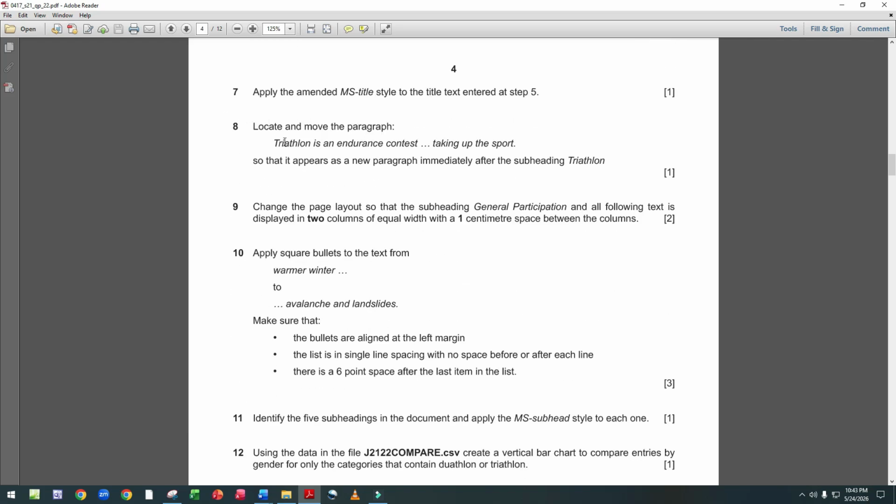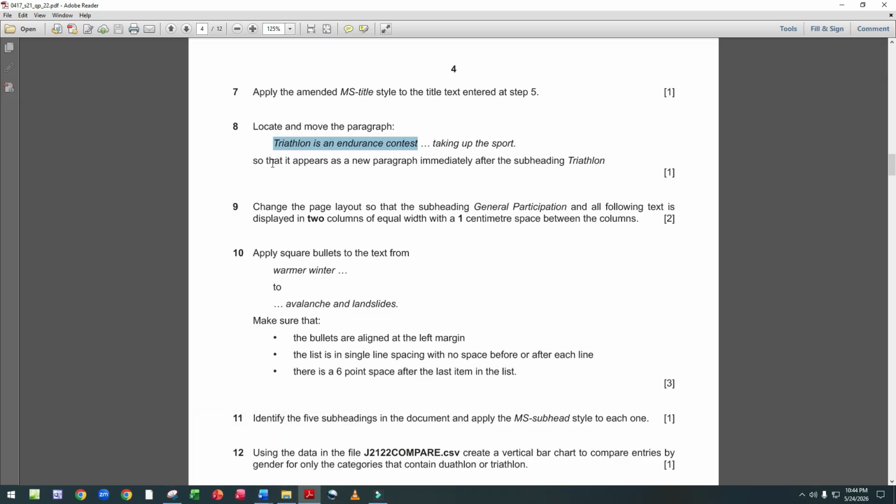Now step 8: locate and remove the paragraph "Triathlon is an endurance contest to talk up the sport." Now we find this in the document first.